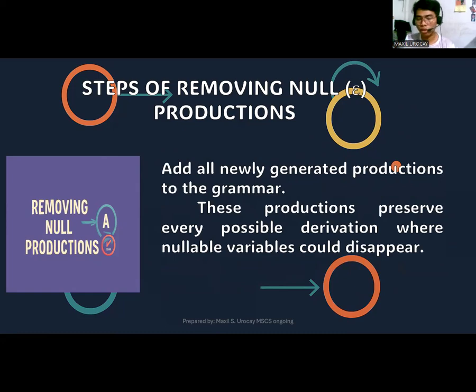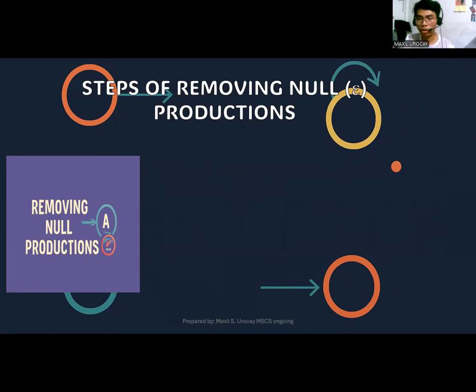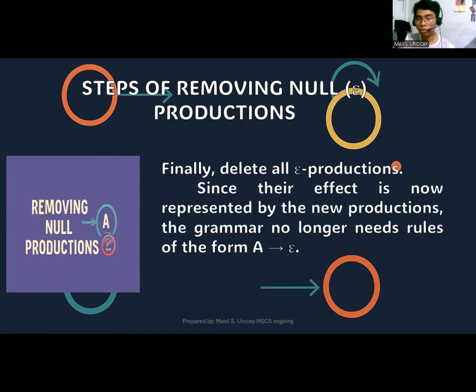You also have to add all the newly generated productions to the grammar. Make sure to update that step by step, one at a time. Then these productions preserve every possible derivation where nullable variables can disappear. So I'll begin to illustrate that in a while also. Finally, delete all the empty productions, since their effect is now represented by the new productions in the grammar, which no longer needs rules of the form